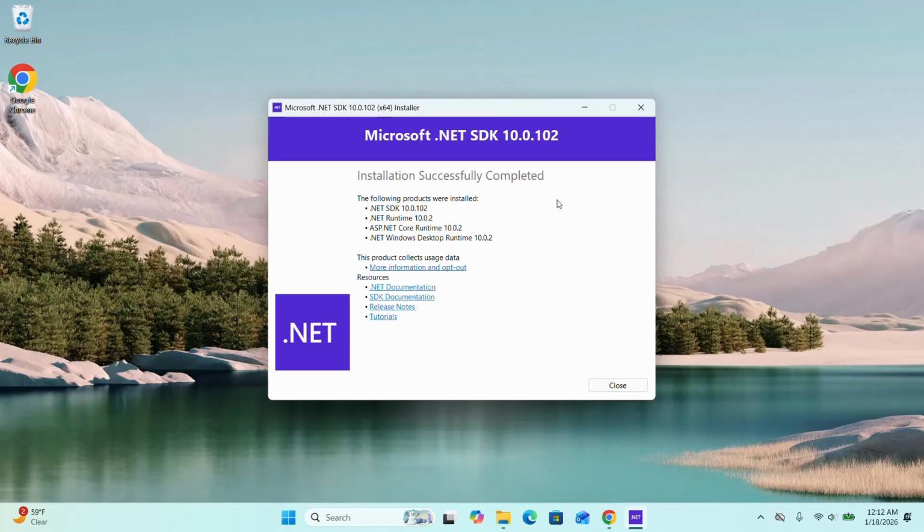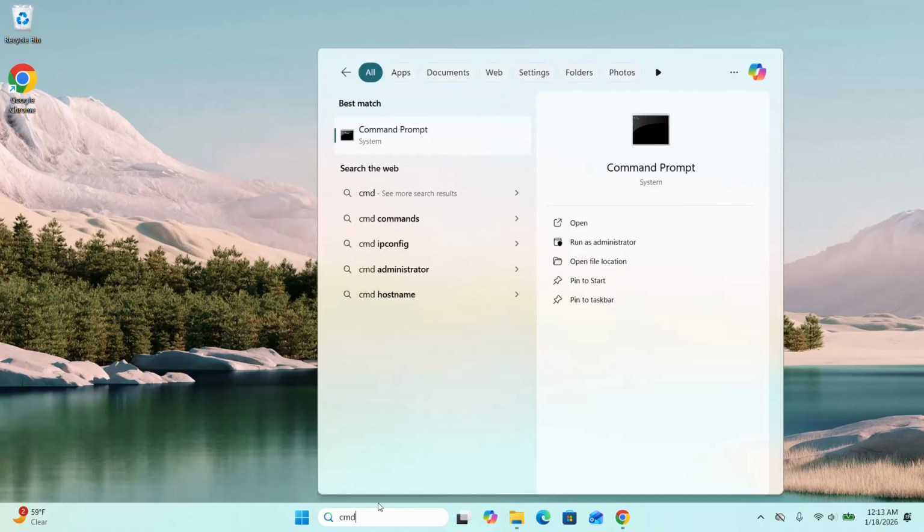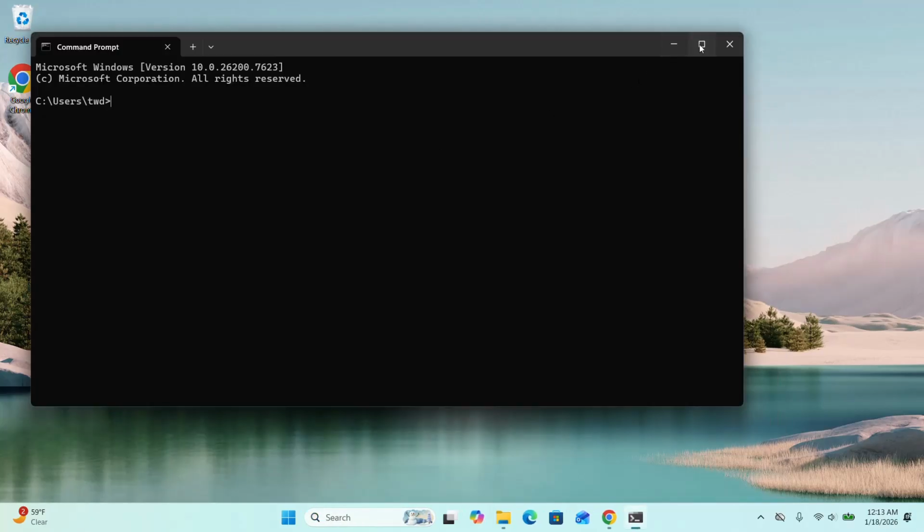That's it. .NET SDK installed successfully with the following products. Installed .NET SDK 10, .NET Runtime 10, ASP.NET Core Runtime, and .NET Windows Desktop Runtime. So close this and open a command prompt and verify the installation using this command